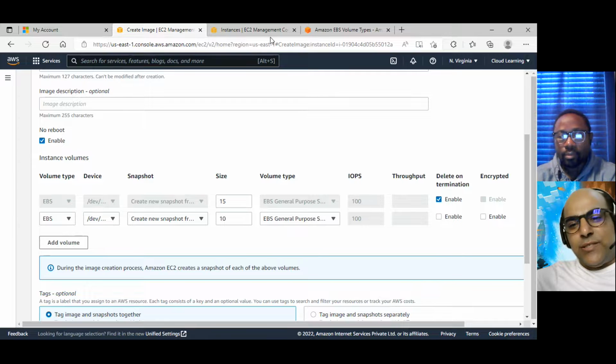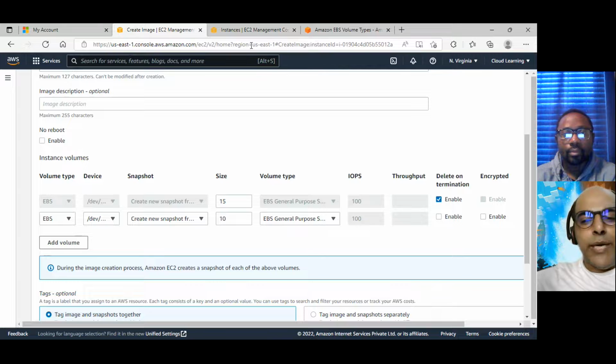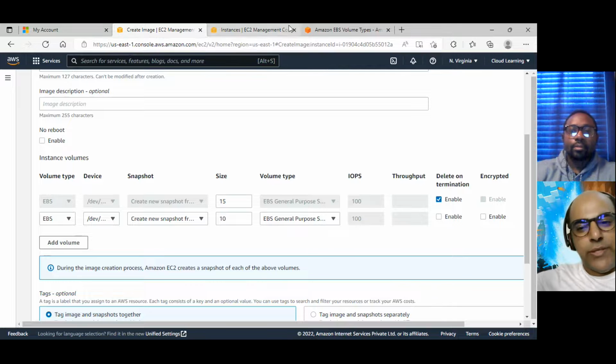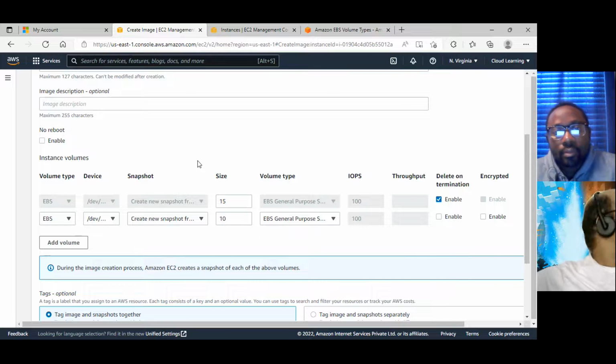Because my server is a test server, and ideally it is recommended that you reboot your server, otherwise it will not take the complete backup. Sometimes a few files can be missed if you take it on a running server, because the server is up. If the server is stopped and started, it ensures that all files get backed up.